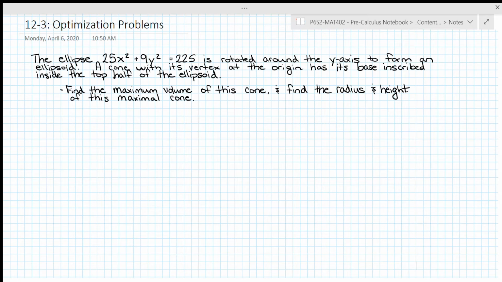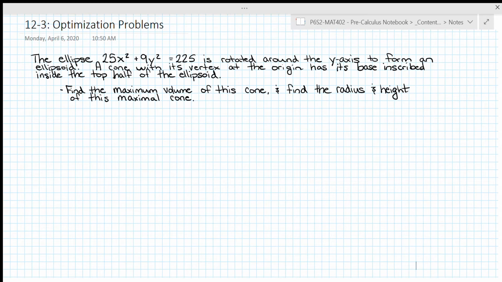We are going to be learning how to optimize today. We're going to continue what we were doing in our last lesson in section 12-3 in that pre-calculus book. Just trying to figure out, how do we optimize anything? How do we make something be the biggest and best that it can possibly be? In this case, we are going to be trying to find the maximum volume of a cone inscribed inside of